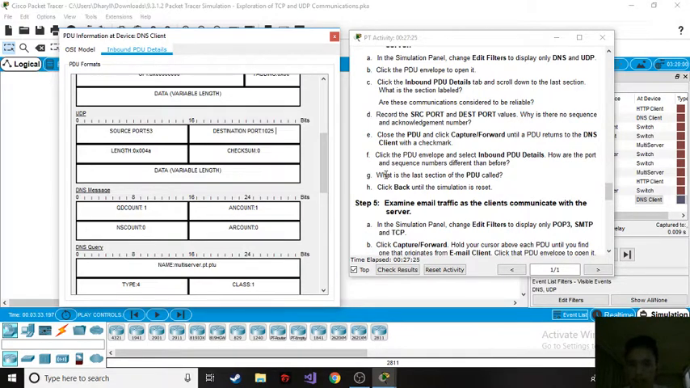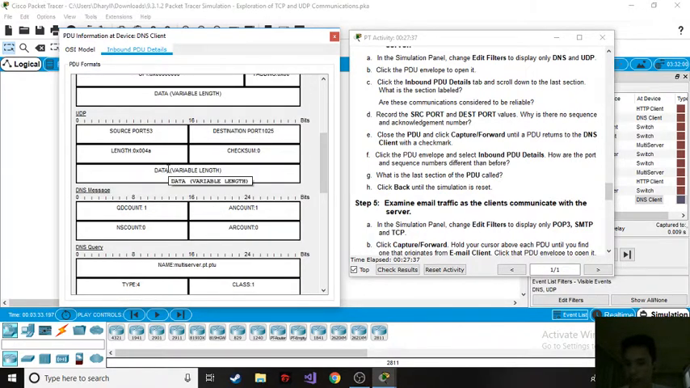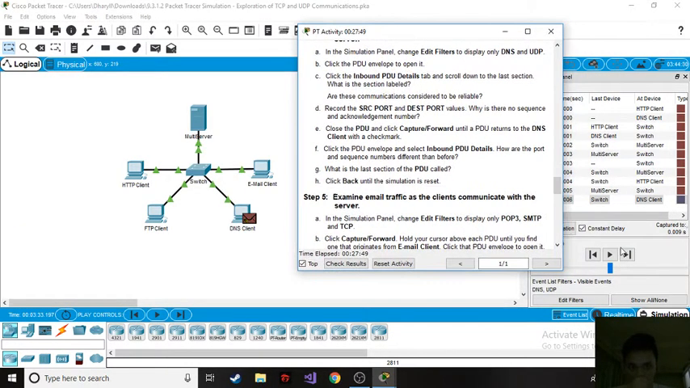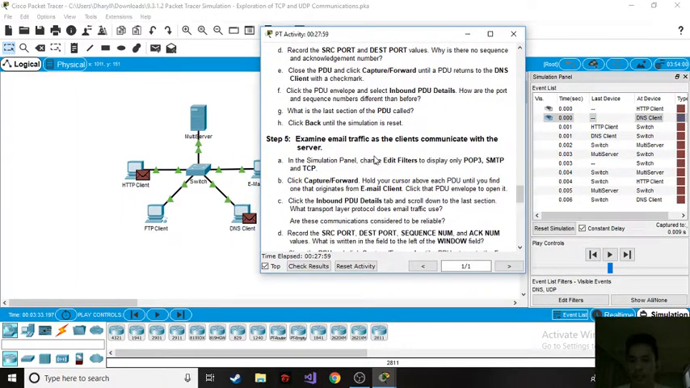So the next question is, what is the last section of the PDU called? The last section of the PDU is called the DNS. Click back until the simulation is reset. So we're going to click back again until the simulation is reset. Okay, then next is